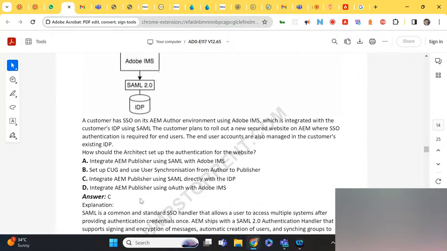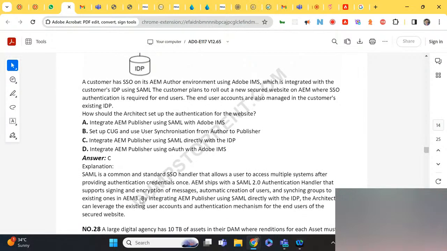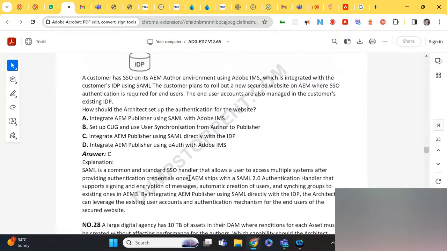SAML is a common and standard SSO handler that allows the user to access multiple systems after providing authentication credentials once. AEM ships with a SAML 2.0 authentication handler that supports signing and encryption of messages, automatic creation of users, and syncing groups to existing ones in AEM. By integrating AEM publisher using SAML directly with IDP, the architect can leverage existing user accounts and authentication mechanism for the end users of the secured website.